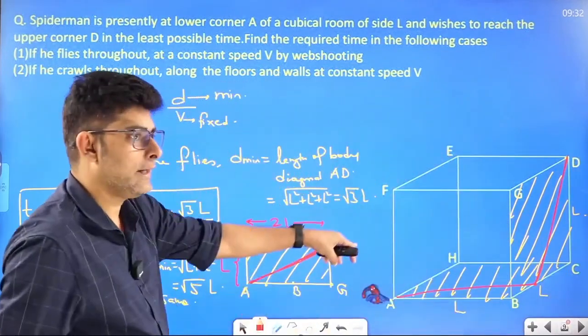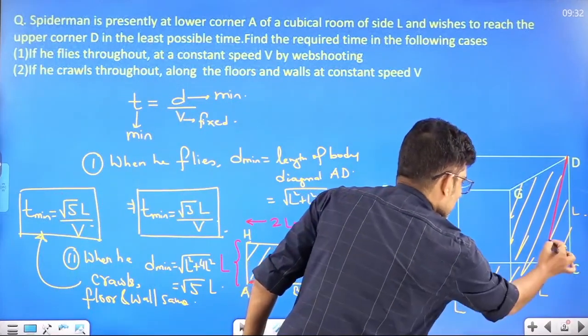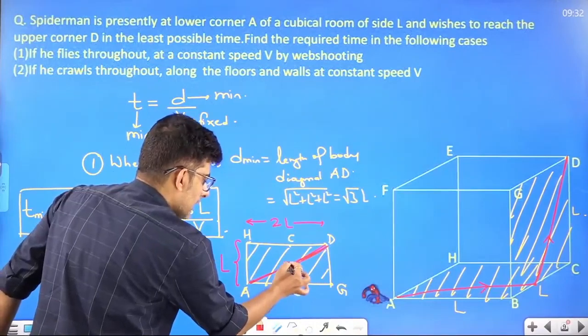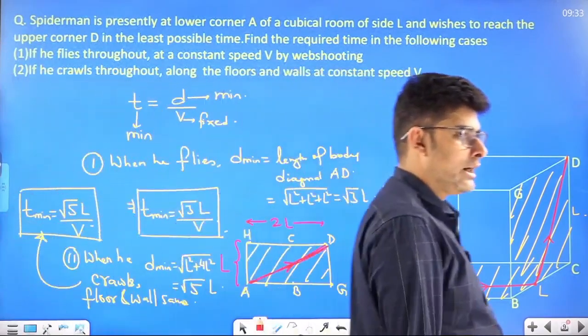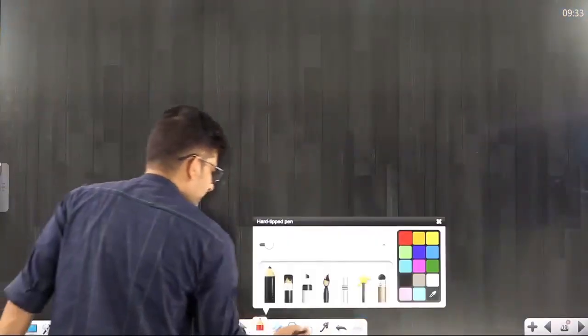Clear? So this red mark which I have drawn, this is the path which he will follow, and that is shown over here in this diagram also. Okay, fine. So now we are moving on to another concept which we call